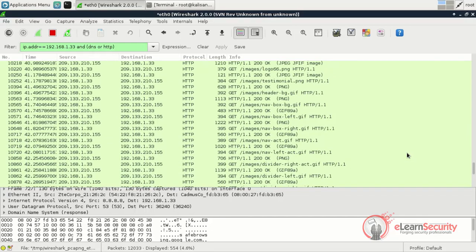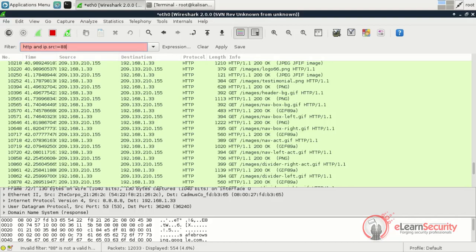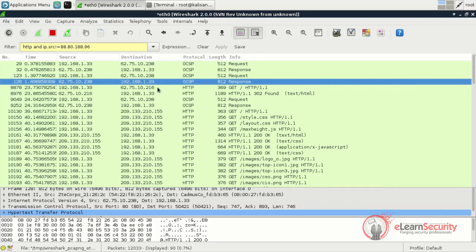A not equal operator is also available. For example, if we don't want to display HTTP packets from a specific IP address, we can add the != symbol followed by the IP address. Here's an example where we avoid capturing HTTP packets sent from IP